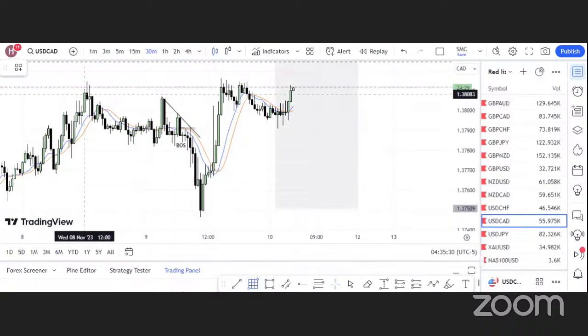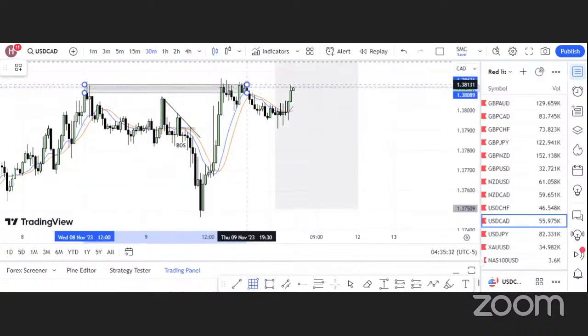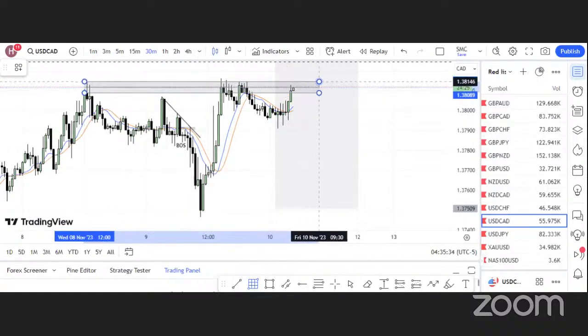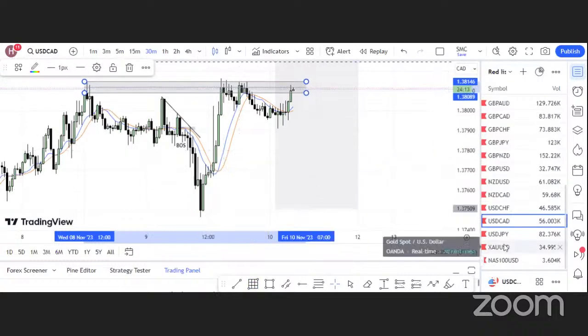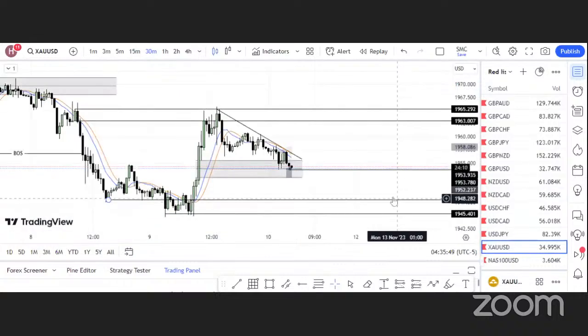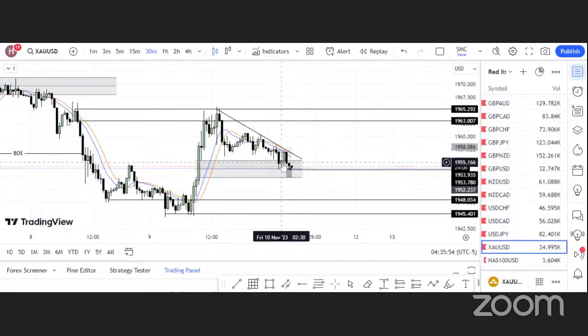So gold broke our heart. Didn't go as planned. I was hoping we made good profit there. Gold is very volatile. If it's going to give you profit, it's going to give you a very good one. But no worries. I'm sure nobody lost too much, okay? Because this is where we took the trade from.